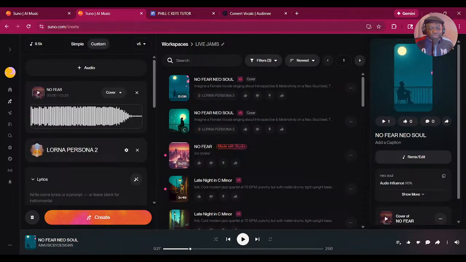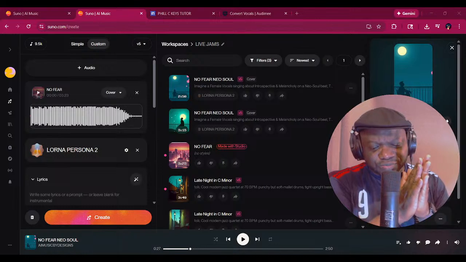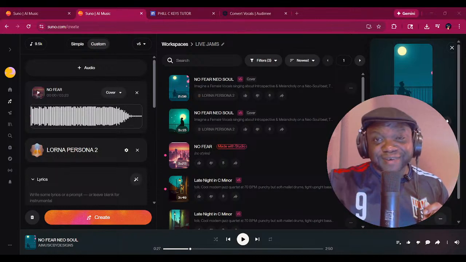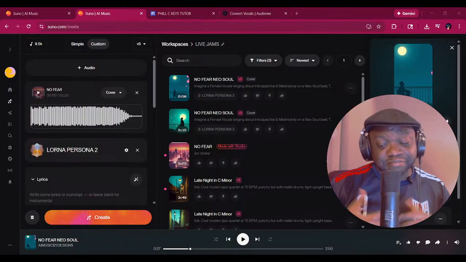Absolutely incredible tool. SUNO Studio, very underrated. Perhaps I'm as guilty as everyone else who has not given SUNO Studio its props, because it's a very, very solid tool that brings out a lot of creativity. It makes you think, makes you take calculated steps as opposed to just hitting the button just like you saw me do just now. I just said, do me a cover.